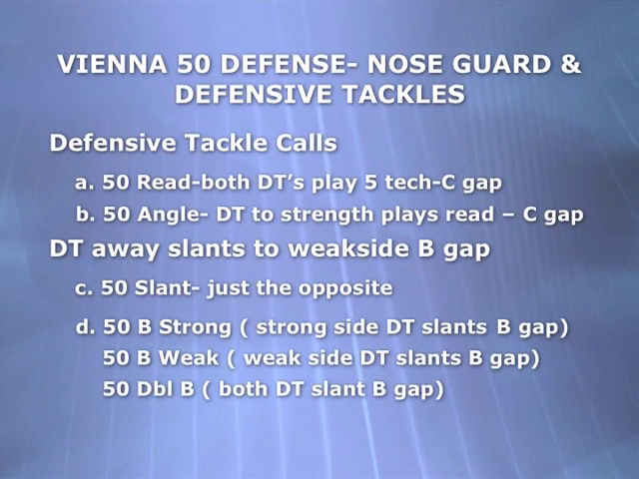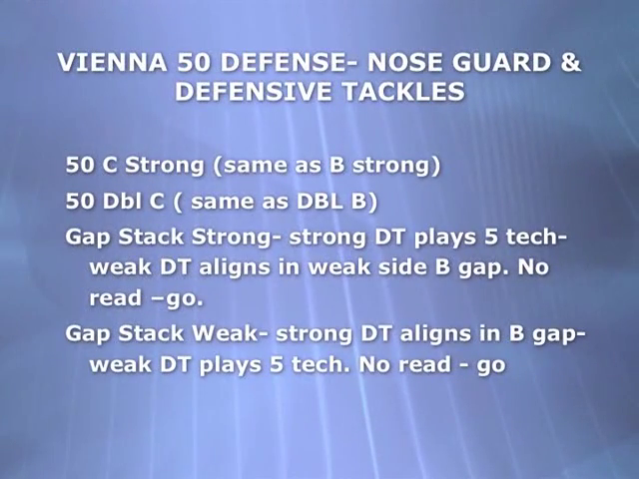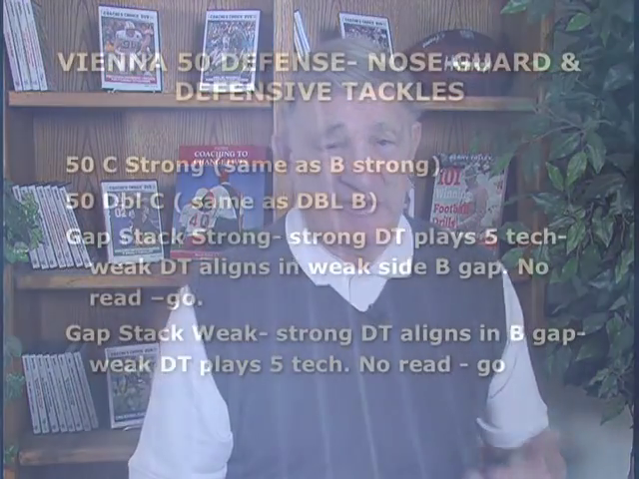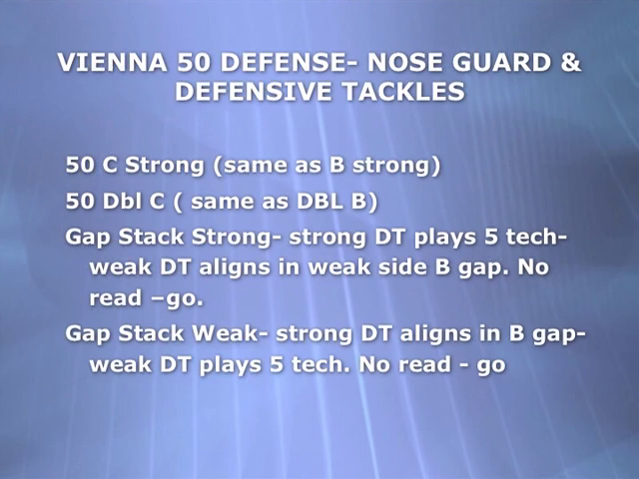And if in doubt, we go a lot of 50 double B. That's a lot easier for our inside linebackers. We have 50 C strong, and we have 50 C weak, and we have 50 double C. If our defensive tackle hears C, whether it's strong, double, or weak, he knows that he does the same thing that he does on B. All that does is tell us that the defensive end is now going to slant into the C gap, which was his responsibility. We also have what we call gap stack strong. Strong defensive tackle